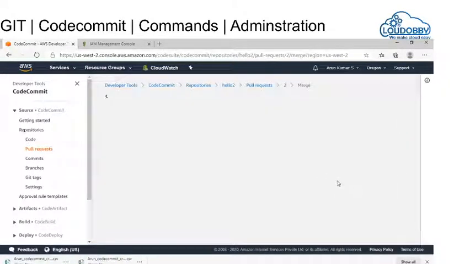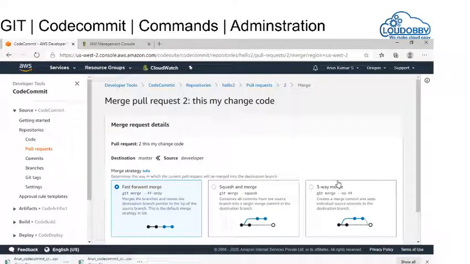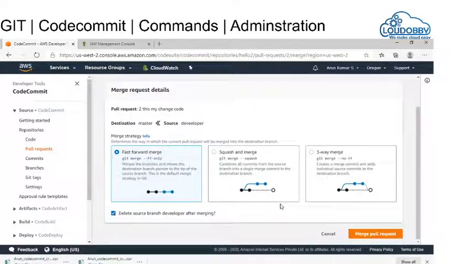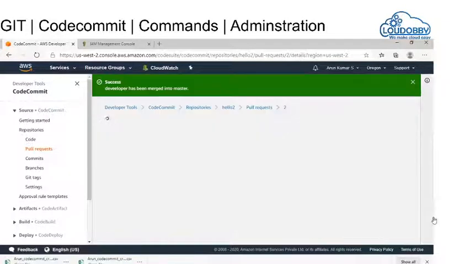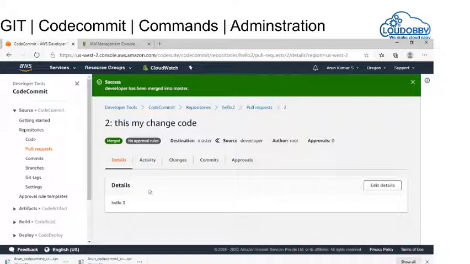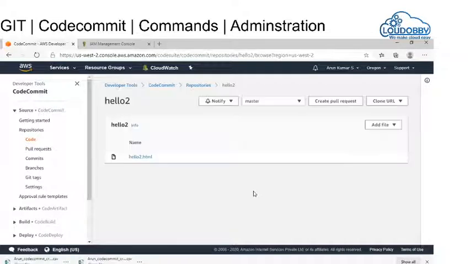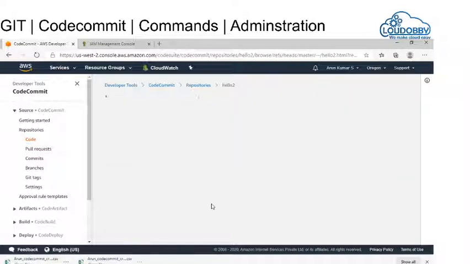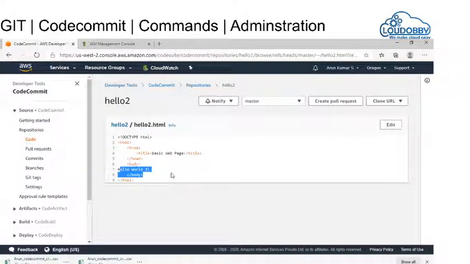When I say merge, the master branch will get the hello world 3 code. There are different ways of merging. Right now we go with the straightforward one. After that, if you want to use developer again, in most cases you create a new branch from the master branch, because your developer might be the old code and your master is going to be the new code. So I am deleting the branch. If I go to the repository now, I can see only master, the developer got deleted, and in the new code you can see hello world 3 has happened.